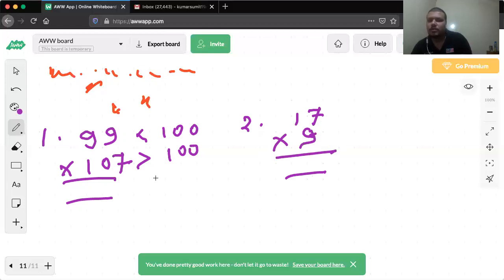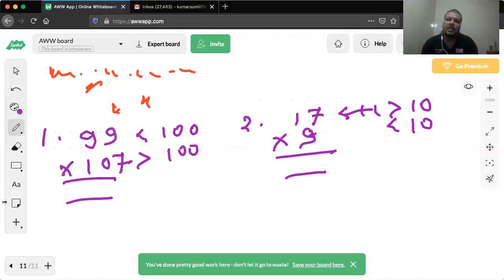Again, practice these two forms using the video that I have just shown you. And I promise you will have fun. You will find it very exciting. You will have more fun at your home practicing these tricks, practicing the Nikhilam sutra. So 17 is what, guys? 17 is greater than 10. 9 is less than 10. For 17 into 9, we use the Nikhilam as 10. For 99 into 107, we use the Nikhilam as 100. So try to do it by the methods that I have described.